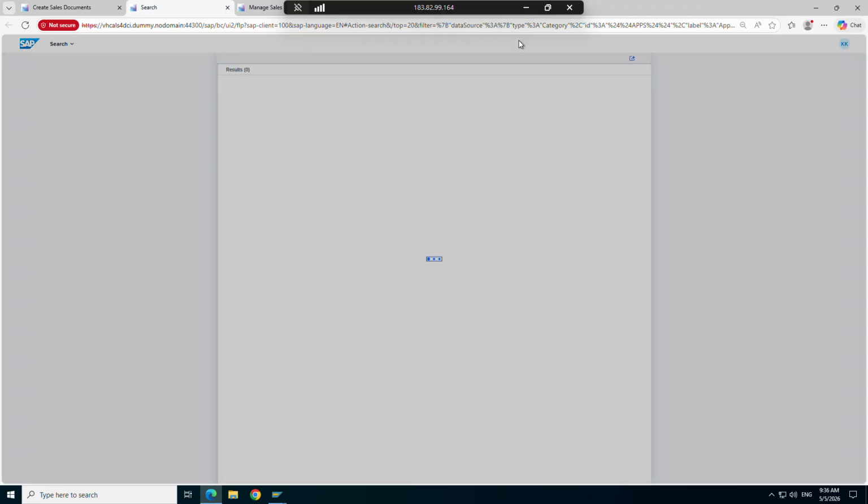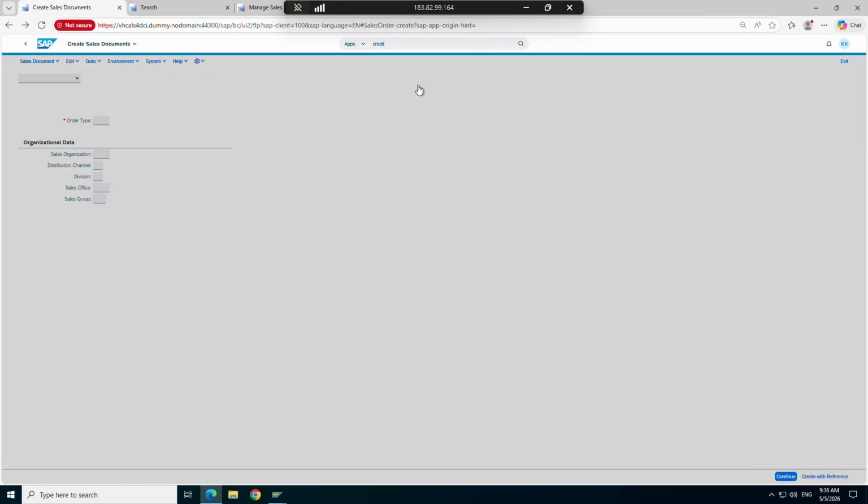It will basically give you all the apps relating to credit, and then you can find the apps you want to use. Similar apps will show up, and from there you can pick the one relevant for you. If you type here also, it will give you some suggestions. You see, if I simply give credit,